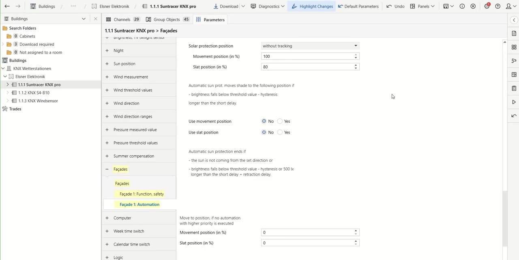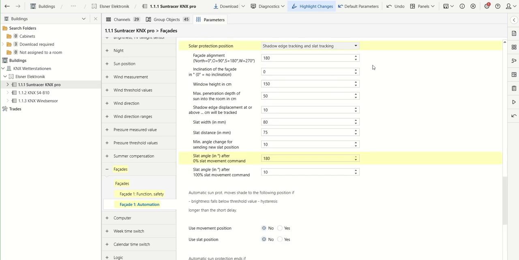As promised earlier, we're going to go in more detail over the sun protection position. As you can see here in this parameter, you have various options of selecting the solar protection position. You have without the tracking, slats in 4 stages, the slat tracking or the shadow edge tracking, or a combination of shadow edge tracking and slat tracking. For this one, we want to go big and gonna go for the shadow edge tracking and the slat tracking